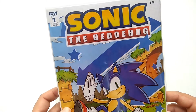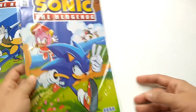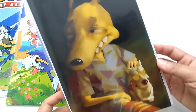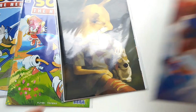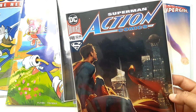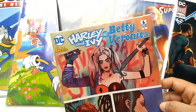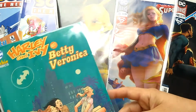Alright, so quick recap. I picked up Sonic the Hedgehog number 1 from IDW. Sonic the Hedgehog number 2 from IDW. Rocko's Modern Life from, I think it's IDW. Supergirl number 20 from DC Comics. Action Comics number 998 from DC. Harley and Ivy and Betty and Veronica number 6 from DC and Archie Comics. Number 5